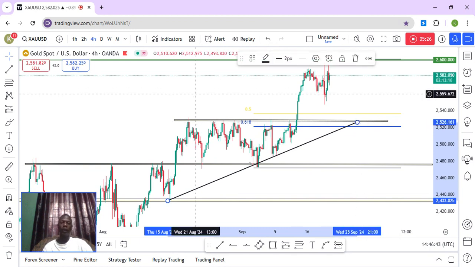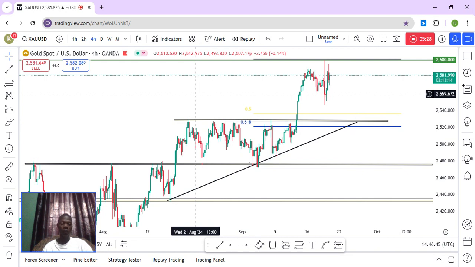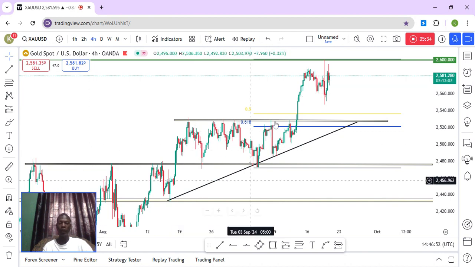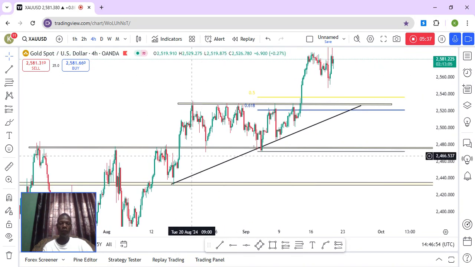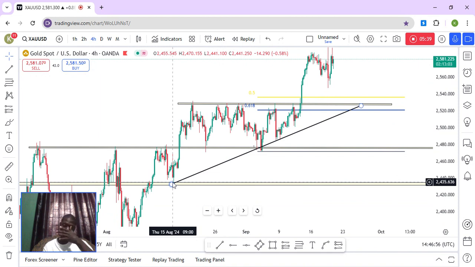So this is a lot of confluence here. The first confluence is the market structure, because whenever this is a... let me give the market structure for you. So this is a